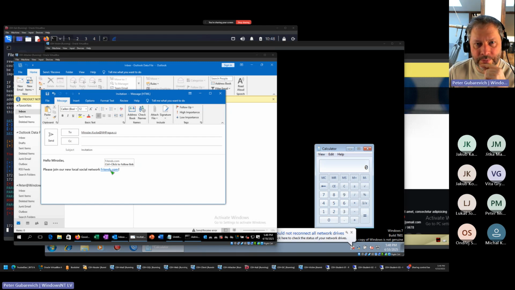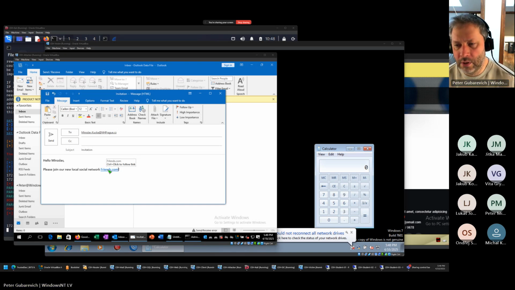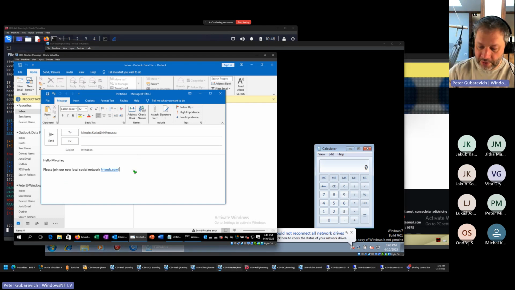Do you see the difference? Yeah, there is L instead of I. Yes, there is L instead of I. So you could register a fake domain and send invitations, or maybe use simpler links, like to Facebook,